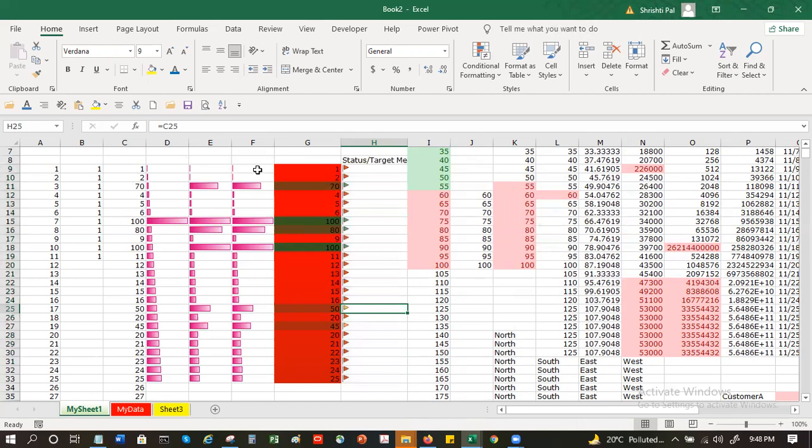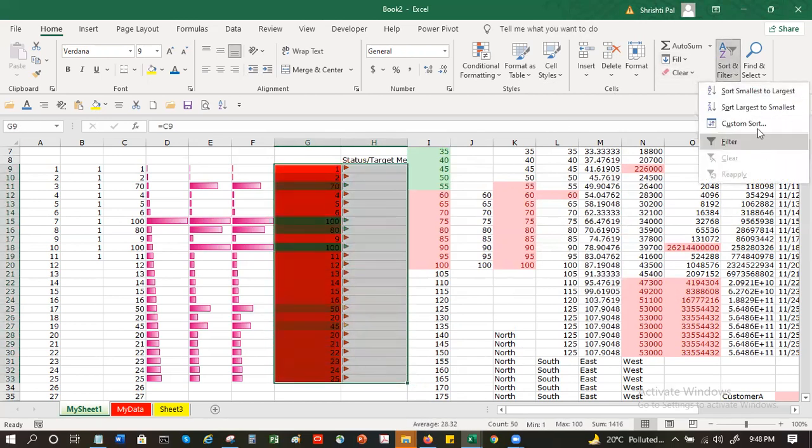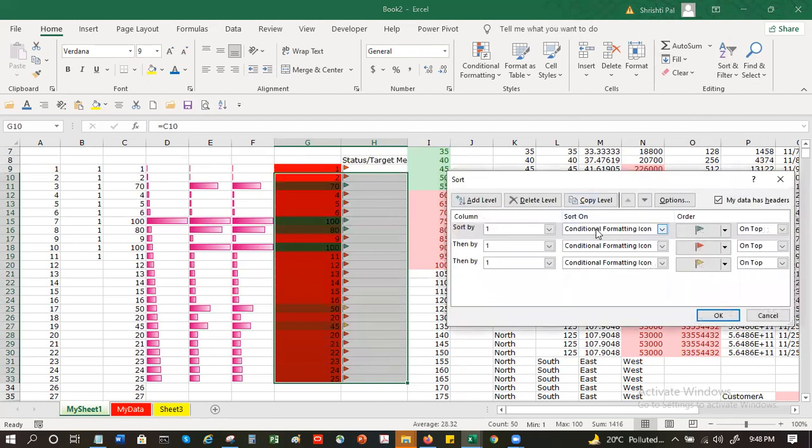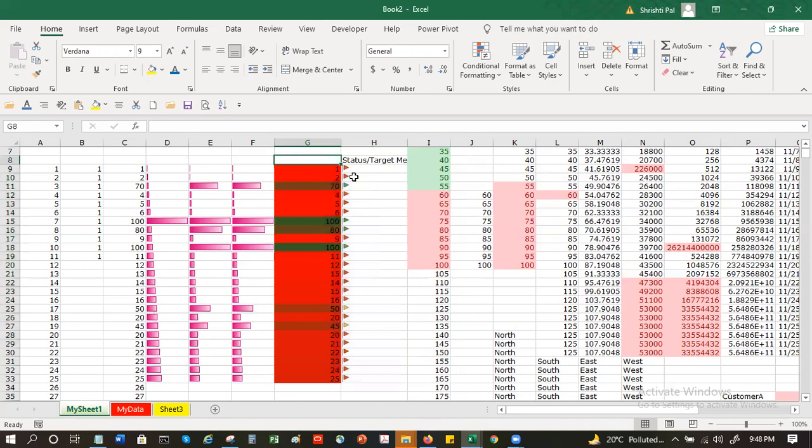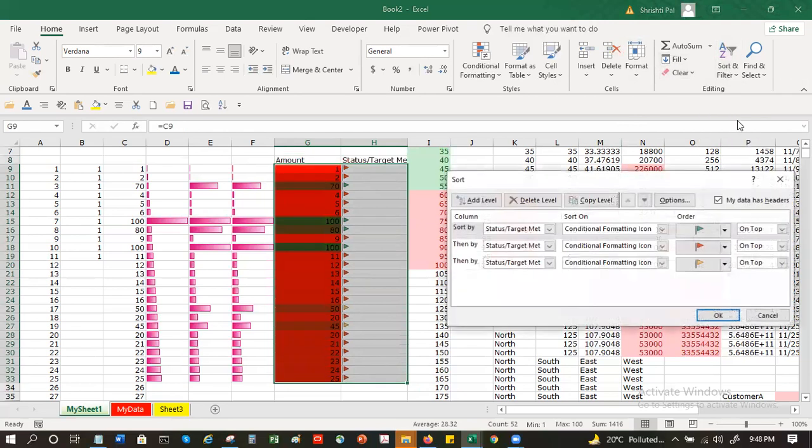So let me highlight this. So I have this conditional formatting, sort by status.